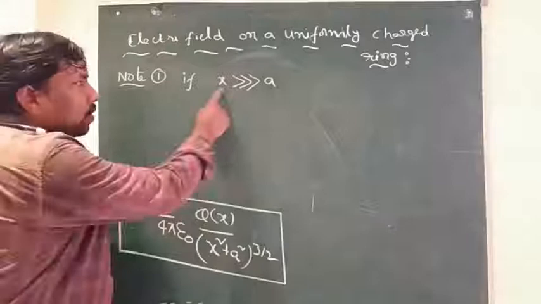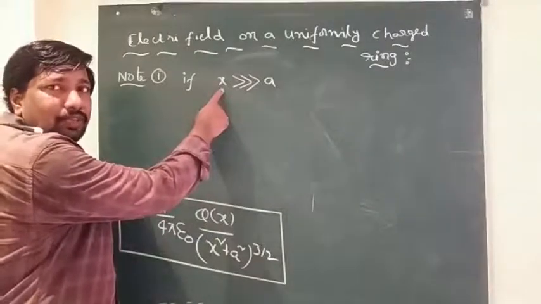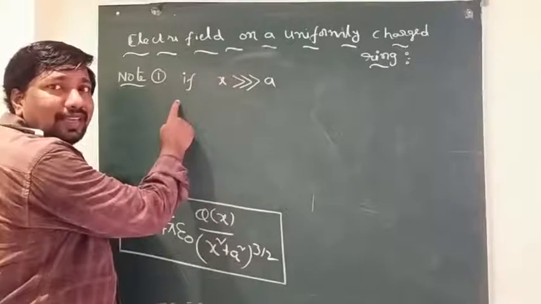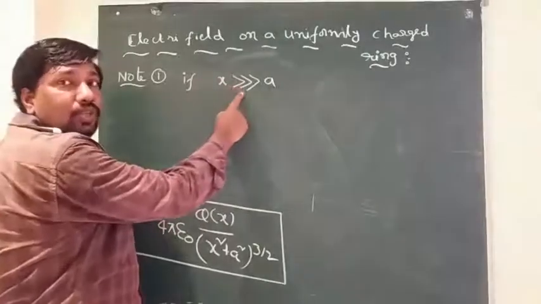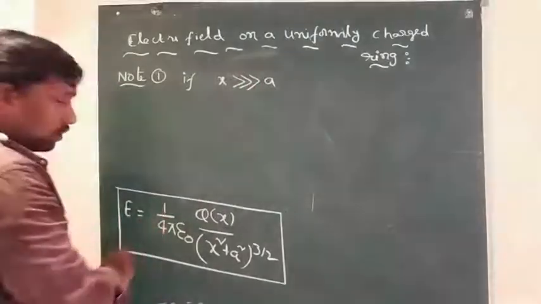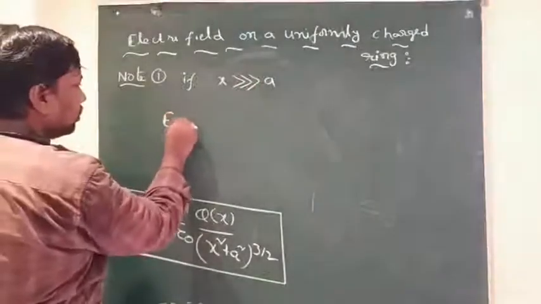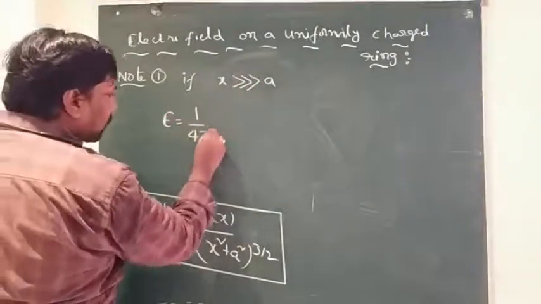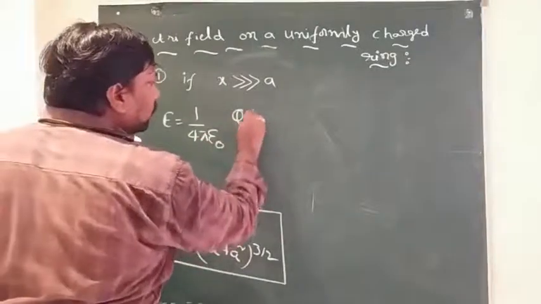Here x is the distance between the given point and the center of the ring, and it is much larger than the radius. Then the electric field is equal to 1 by 4 pi epsilon naught into q into x by